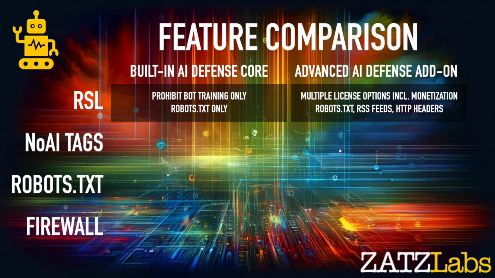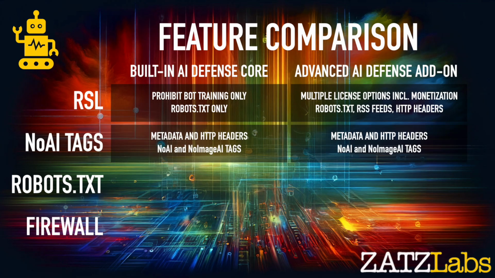In the Advanced AI Defense add-on, we add multiple license options, including monetization options, and you're able to block multiple mechanisms, including robots.txt, the RSS feeds, and HTTP headers are all used for blocking. No AI tags are the same in either version. They are embedded in the metadata and HTTP headers, and if the bots listen to that, then they're available for